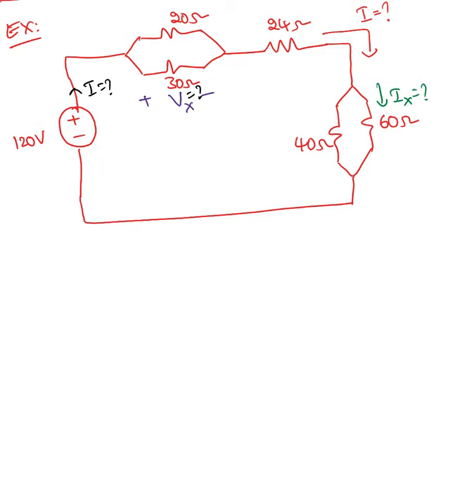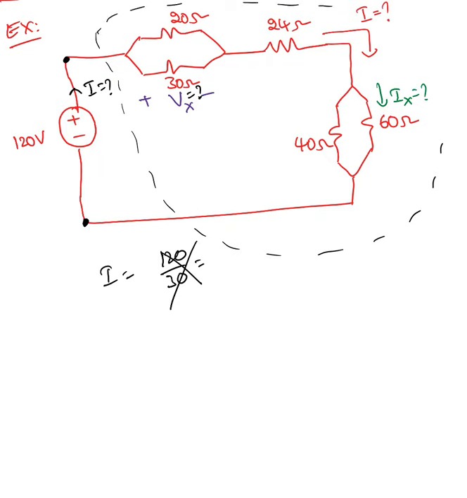Okay. So the current supplied by the source depends upon what we connected between these two terminals. Okay. I saw many times people were using only I equal to 120 divided by either 30 ohms or 120 over 20 ohms or 120 divided by combination of those two, which is wrong. So the current supplied by the power source depends upon the whole thing, everything connected between those two elements,